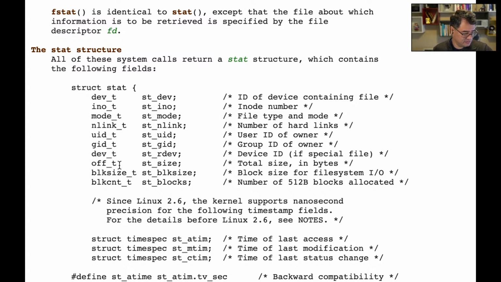Which function is better for determining the size of a file, fseek or stat? Probably, I don't know, it might depend on the size of it. Well, stat's always going to work. The problem with fseek is that it may actually need to do some housekeeping behind the scenes to be able to move that file pointer all the way to the end, and then move it all the way back to the beginning. Who knows? Maybe in doing that seek, it actually reads in the file one character at a time until it reaches the end of the file. Yeah, maybe.